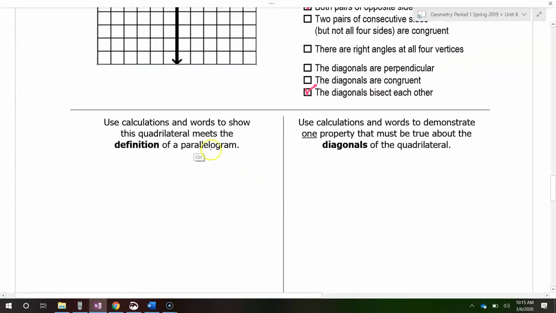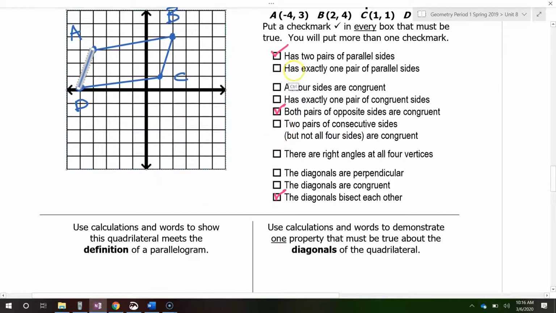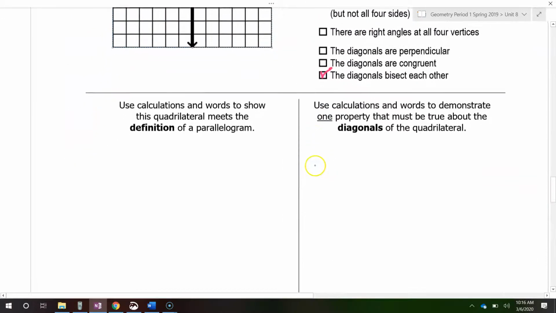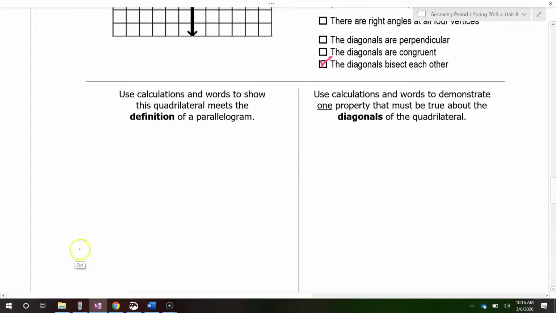Okay. Use calculations and words to show this quadrilateral meets the definition of a parallelogram. So remember, the definition is two pairs of parallel sides. So I need an introduction, a main body, and a conclusion. Your introduction should say something like, I will show this is a parallelogram